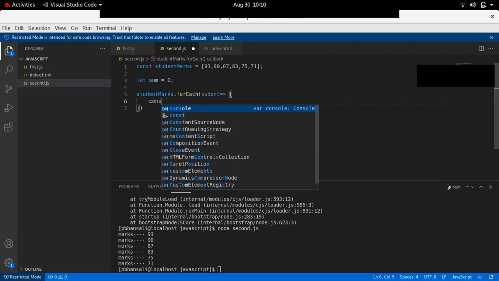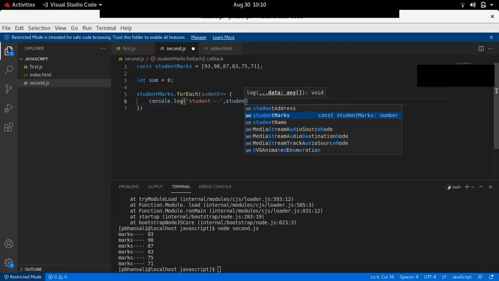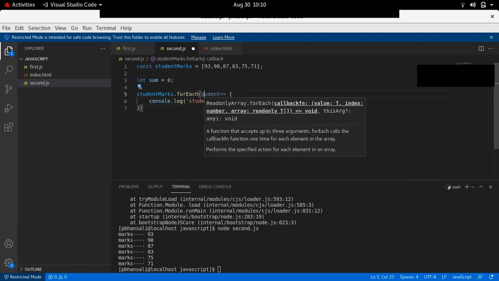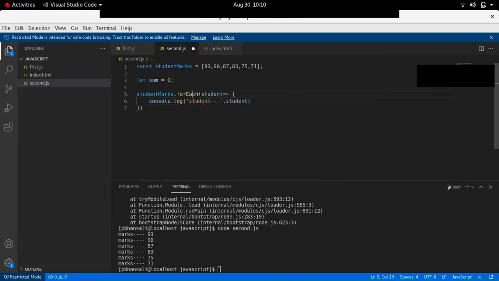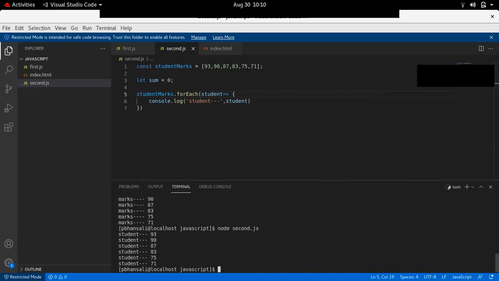And again, if I do console.log of the student marks, forEach takes a callback method. It is basically used when you have an array of objects. Then it is more useful. So forEach is also one of the ways.